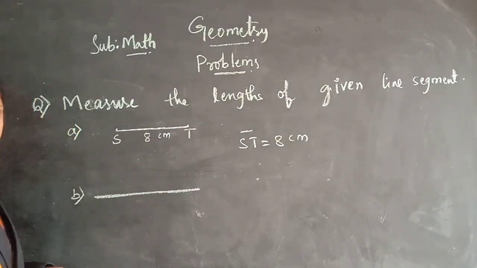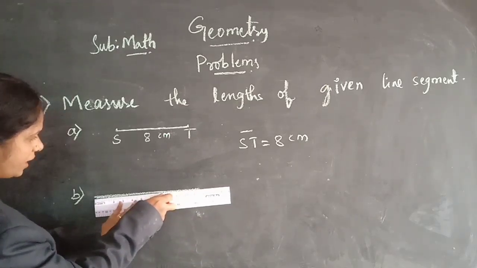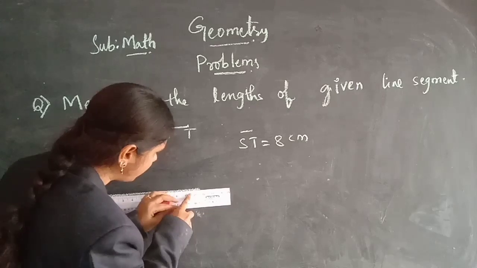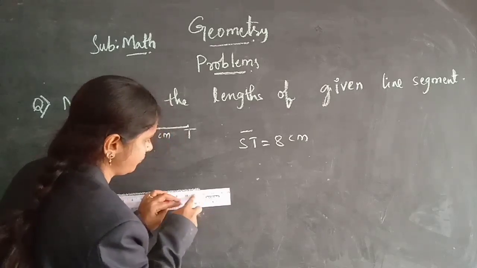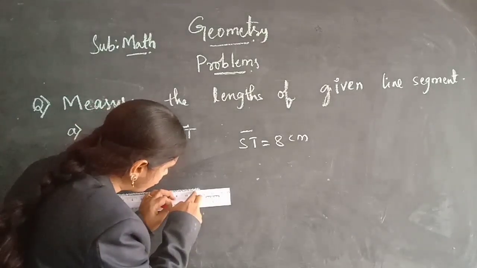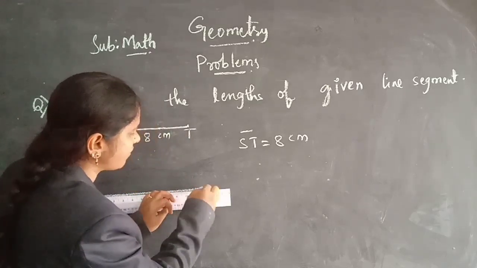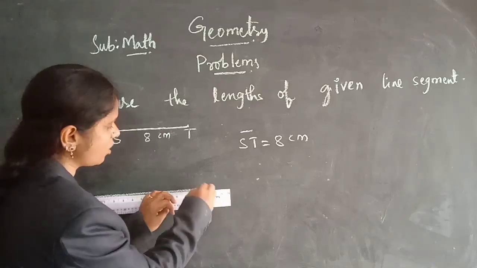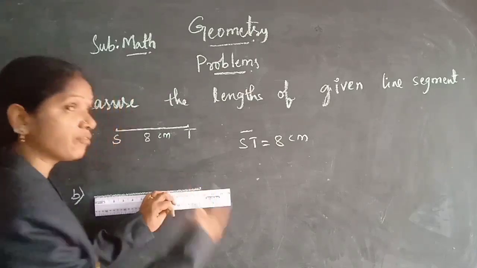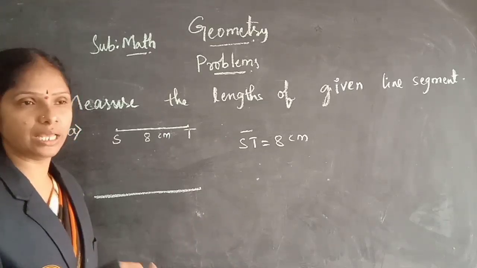Now coming to the next line segment, see again the first end point is always at 0. Here I am keeping it at 0. And the second end point, children, is lying between 11 and 12. After 11, how many small lines is it covering? 1, 2, 3, 4, 5, 6. So 6 small lines it is covering, children. First end point at 0 and second end point at 11 after 6 small lines, nothing but 11.6. Small numbers you should take after the point, children.